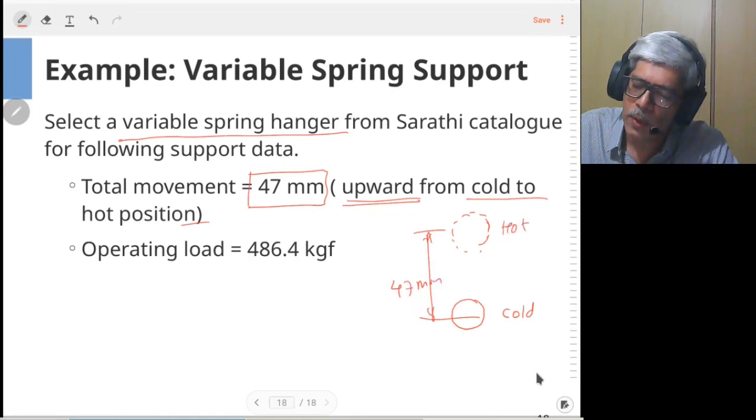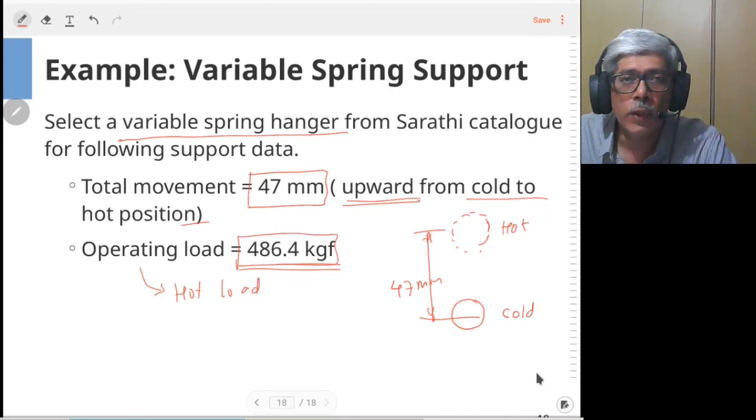So this is hot condition, and operating load is nothing but the hot load. So that is given as 486.4 kilogram. So we need to select a hanger from the catalog.